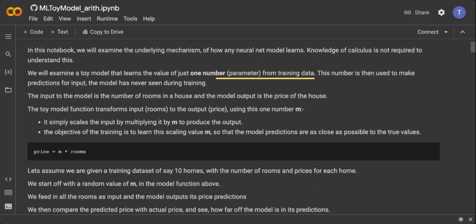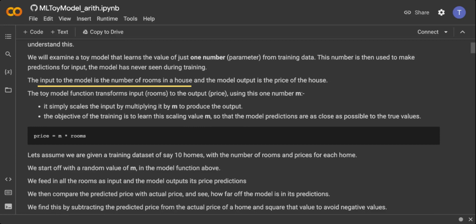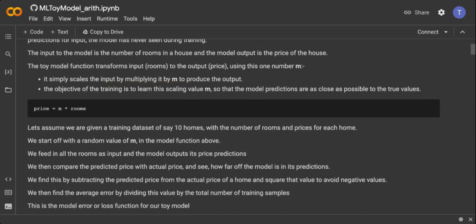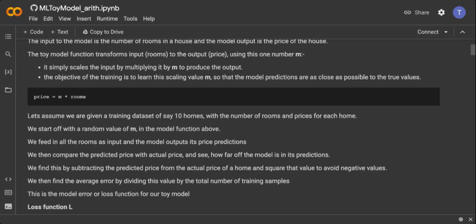This number is then used to make predictions for input the model has never seen during training. The input to the model is the number of rooms in a house, and the model output is the price of the house. The toy model function transforms input to the output using this one number, m. It simply scales the input by multiplying it by m to produce the output. The objective of the training is to learn this number so that the model predictions are as close as possible